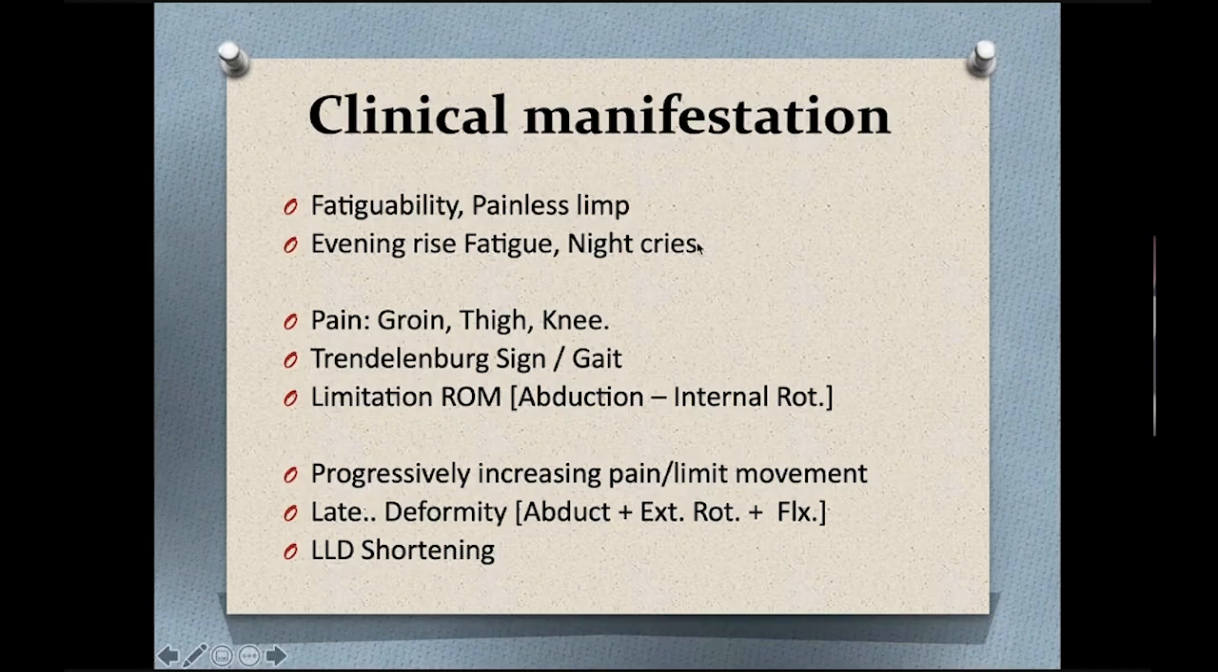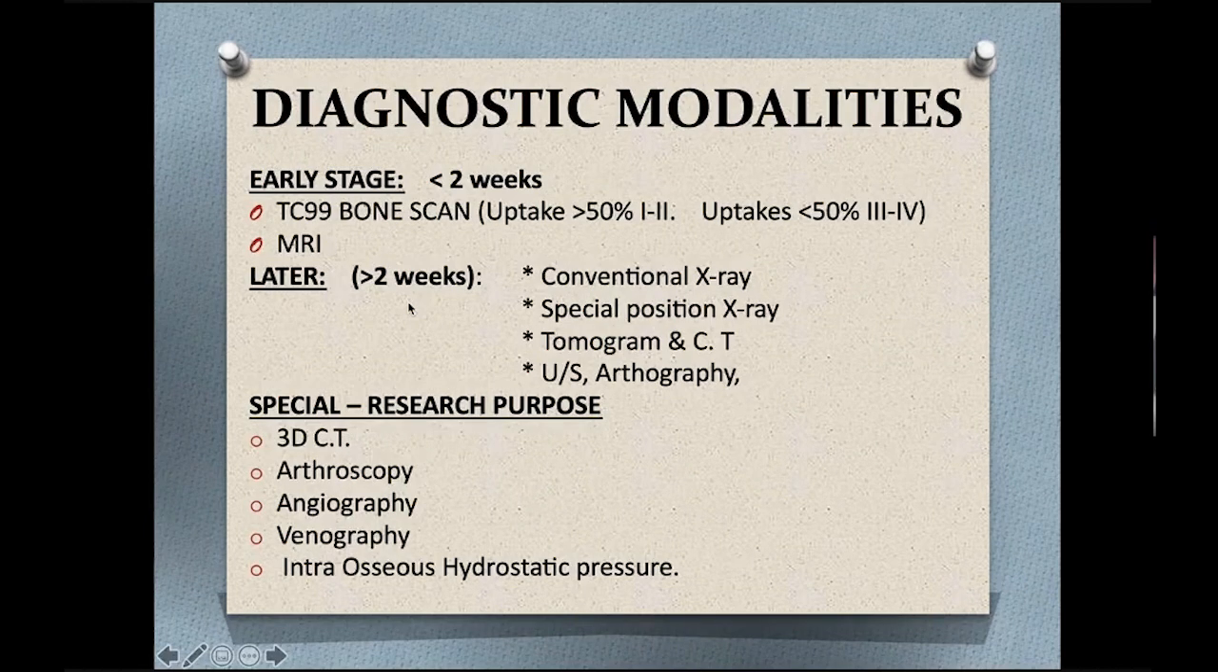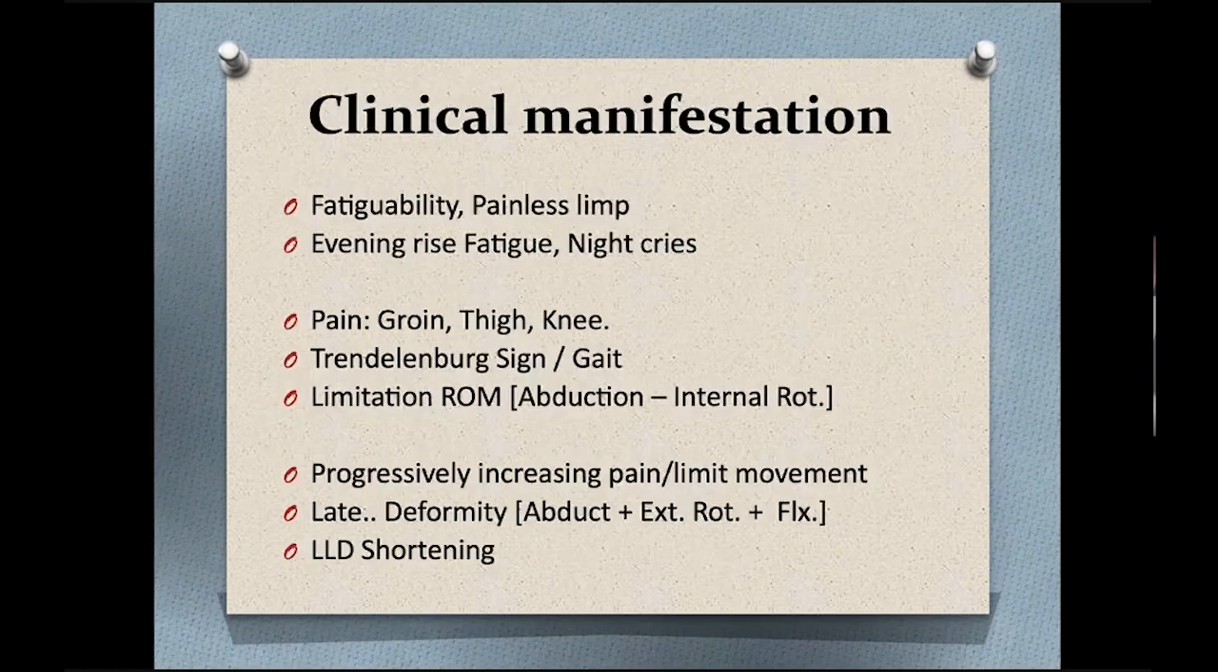How these patients behave depends on the stage of the disease. In the very early stage, the patient just complains of fatigability in the daytime and night crisis. In the midnight, they say there is a crisis, they have poor sleep, and evening rise of fatigue is another symptom in the early stage when there is only synovitis. But as the disease progresses, they develop more symptoms like groin pain and thigh pain, which is referred to the anterior patellar area. And then there is a Trendelenburg sign. If they develop bilateral disease, then they produce a Trendelenburg gait. And at this stage, they have limitation of abduction and